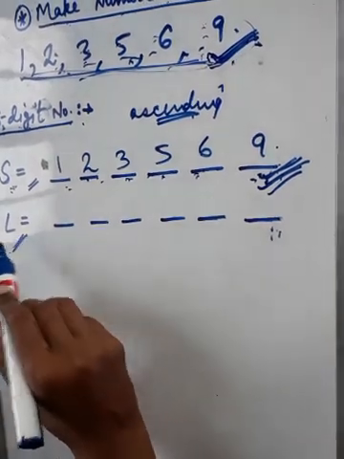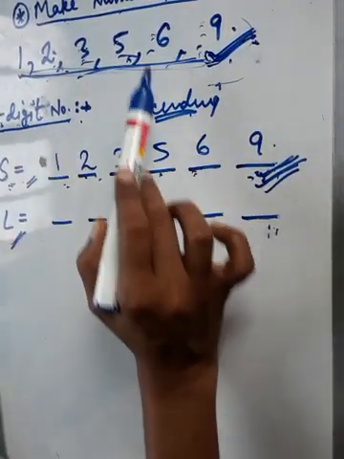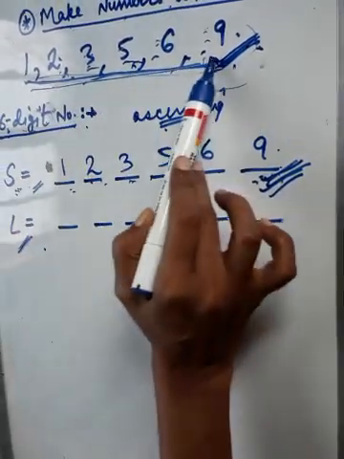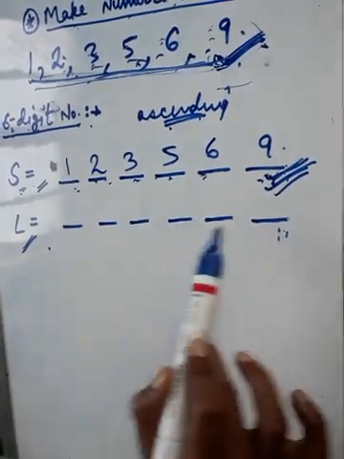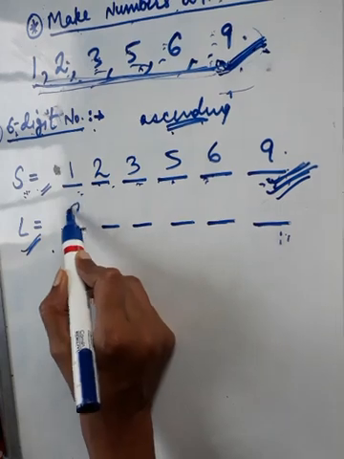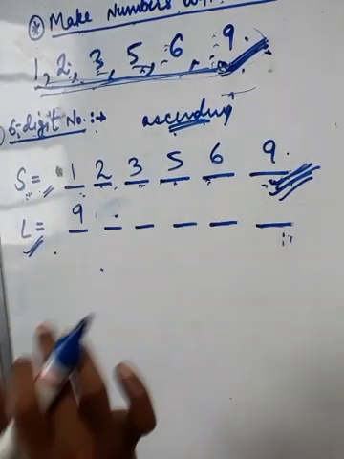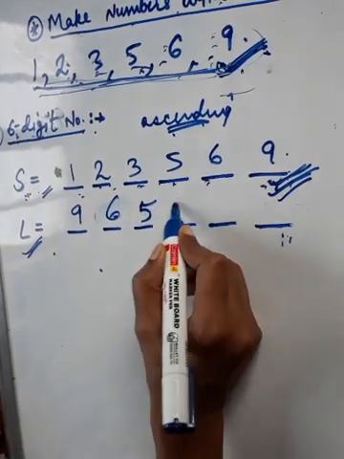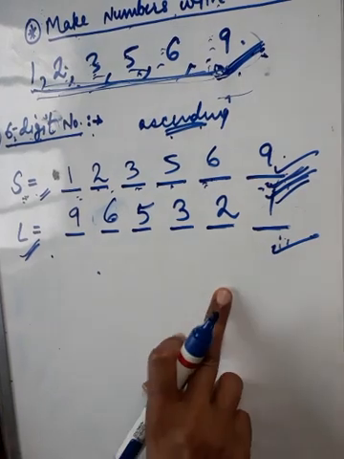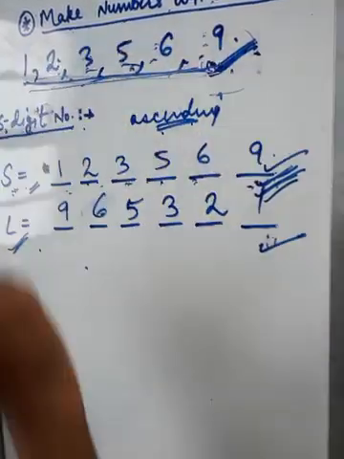So how can we make largest? For smallest you have to arrange these numbers in ascending order, and to make the largest number you have to arrange these digits in descending order. बड़े से छोटे में आप सजा दोगे तो आप largest number ले लोगे. तो I am writing here 6 5 4 3 2 1. So this is the smallest 6 digit number, this is the largest 6 digit number by using these digits given to me.